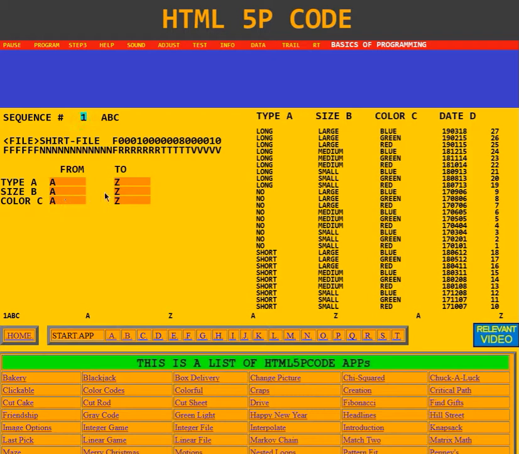B can go from A to Z. So it's all of them. And it says C, the color, also can go from A to Z. But what if we didn't want long sleeve shirts? Well, then what we could do is come here, and if we put the letter M in there,